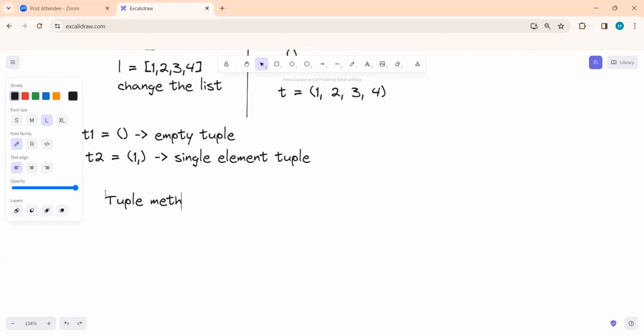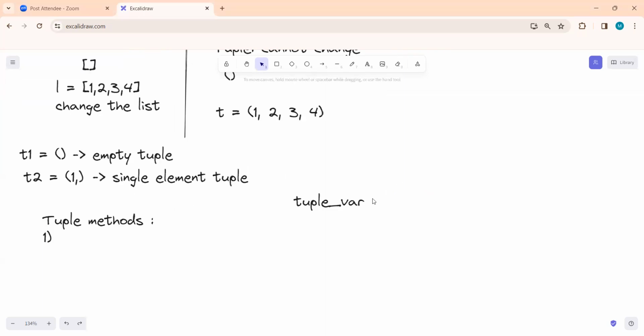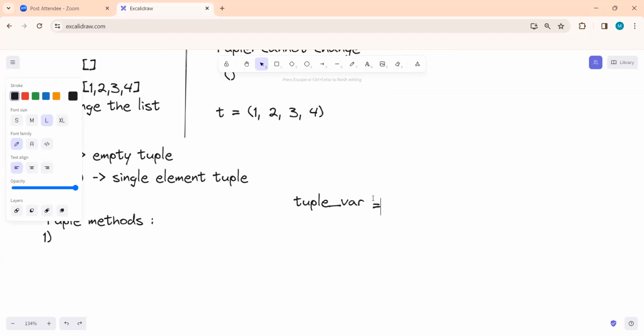So tuple has only two methods. The first one is, like yesterday, let me create a variable for general syntax. I created a tuple_var, and now, same as a list, you can give any data type elements simultaneously. Like I will give here a string,